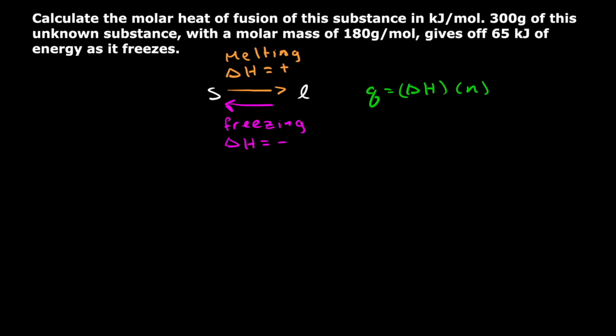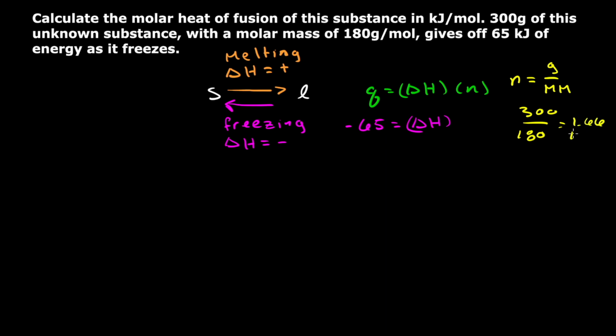And so what I'm going to do is say that we have this negative 65 for the energy that's given off, and that's equal to this delta H value here. So I'm going to put a delta H here, and then multiply that by the number of moles that I have of this. Now to get the number of moles, I'm going to say that the number of moles is equal to the mass in grams divided by the molar mass. The mass in grams is 300, so I'm going to do 300 here, and then divide that by the molar mass of 180. And so when I do 300 over 180, I'm going to get